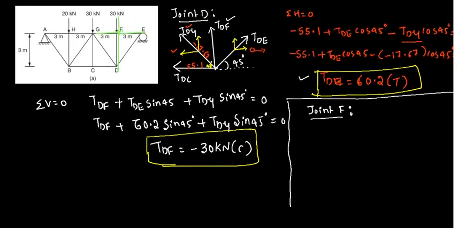Okay, this is the free body diagram. So this is 30 kilonewton which is acting, and again another member force, that is TFD, right,